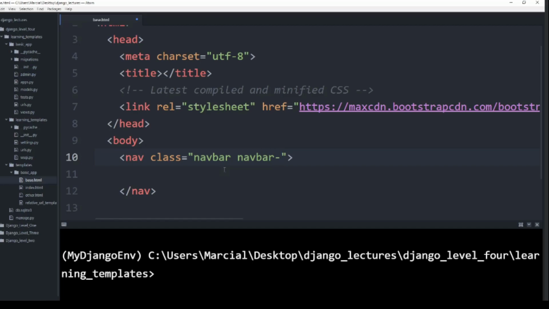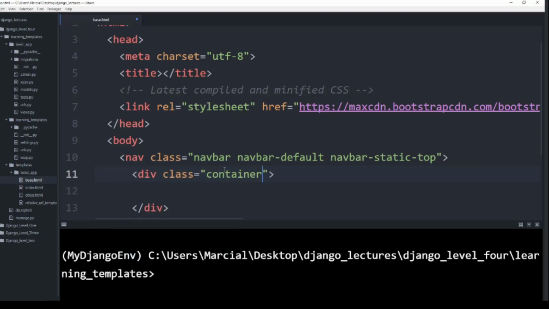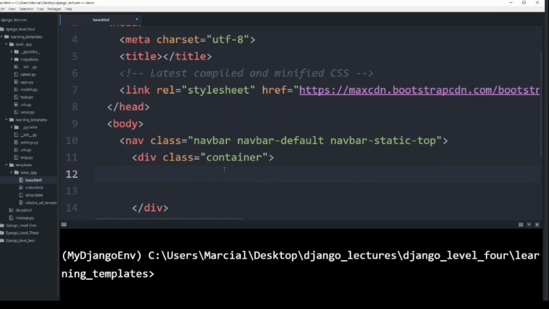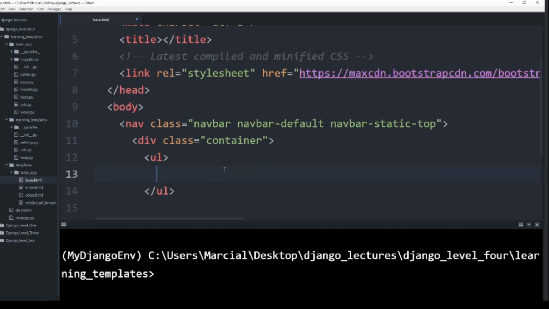But the class for the navbar that I am using is navbar, navbar-default, and then navbar-static-top. And then I am going to put what comes next inside of a container class. And then we will have an unordered list, and this is the stuff that's actually inside that navbar. So we'll give this unordered list a class of nav navbar-nav,